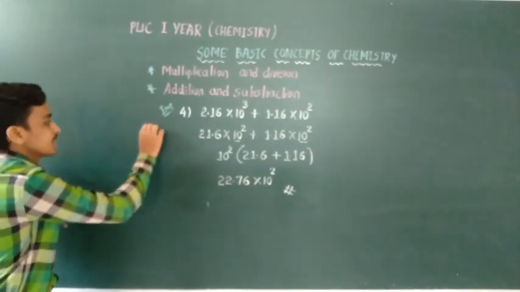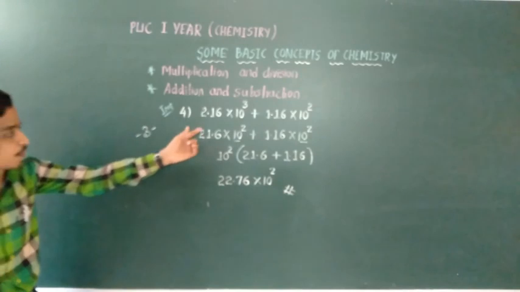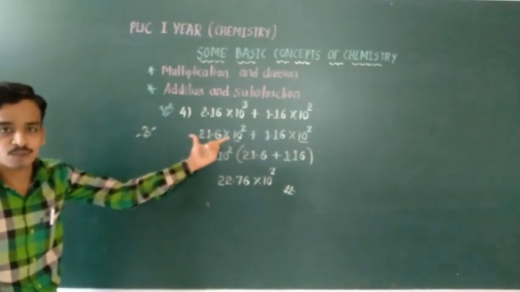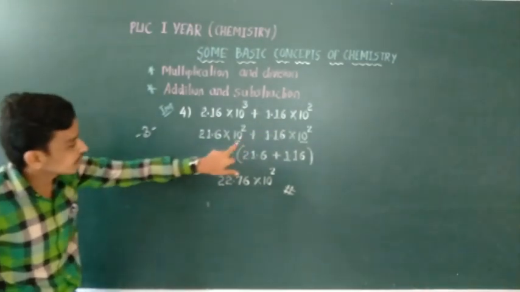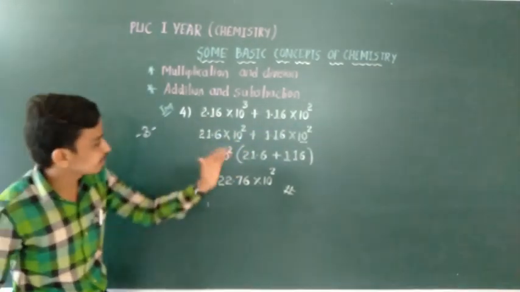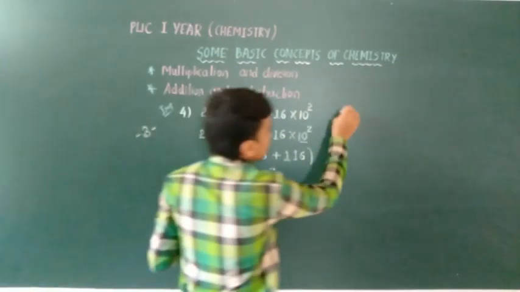It is not a 2 mark problem, it is a 3 mark problem. Therefore it is quite important from the exam point of view. This step 1 is most important: 3 has to be converted into 2, that is quite important here. Similarly, you can solve another simplification as homework.